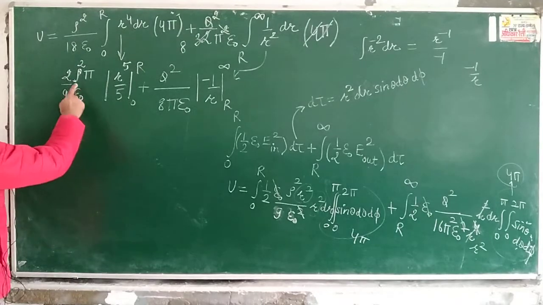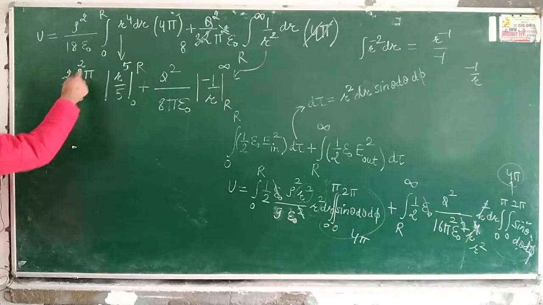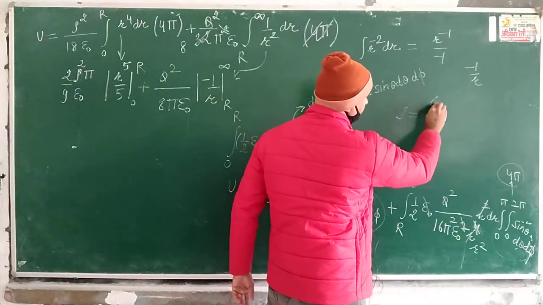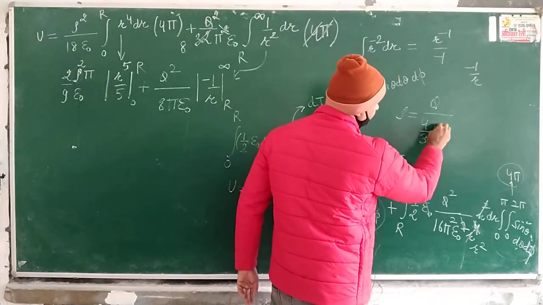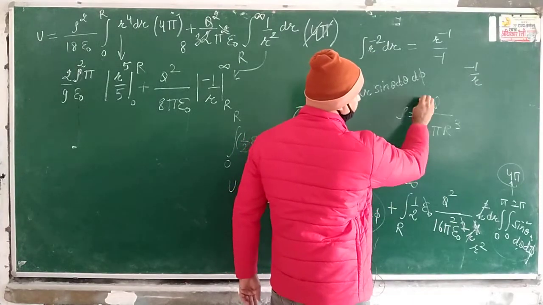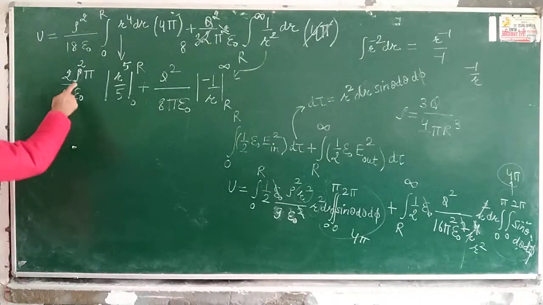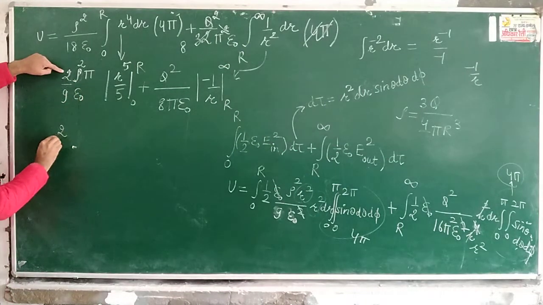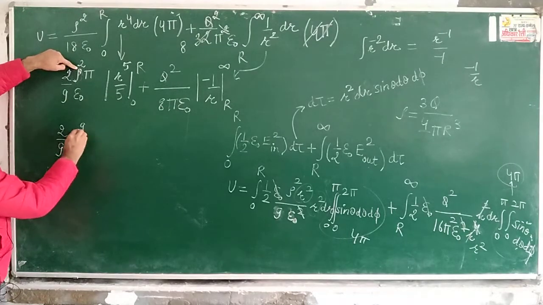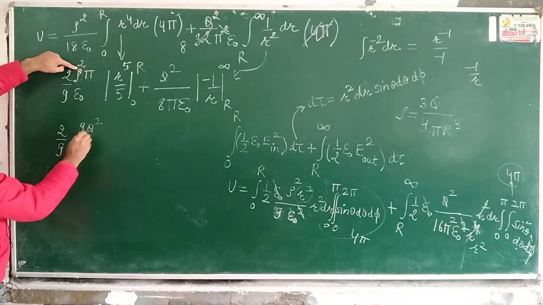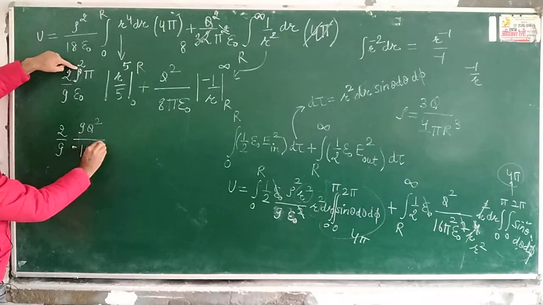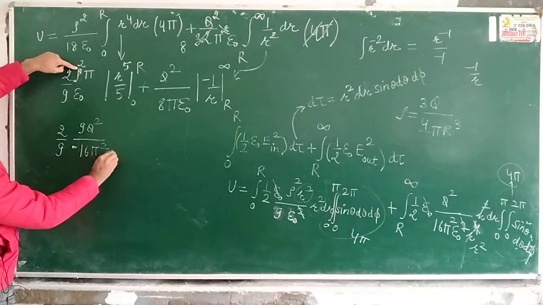So class, if you put the value of rho square here, and rho is the charge density, this is the total charge by 4 by 3 pi r cube. Okay, so you can write it like this. Okay, and you have to put the value of rho square here, so it will be 2 by 9, and then you have q square, so it will be 3 into 3 is 9, q square, and then you have 4 into 4 is 16, pi square, and then r raised to power 6.